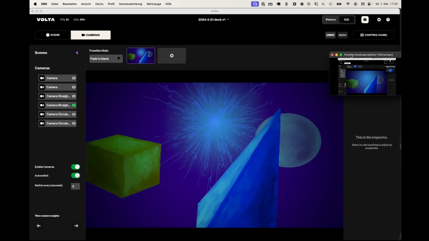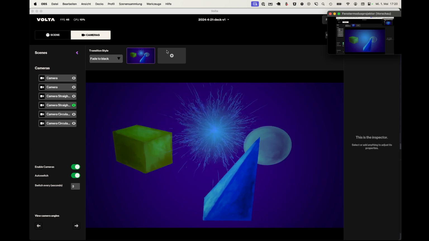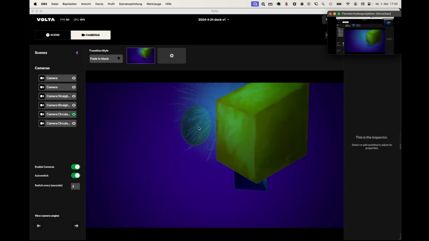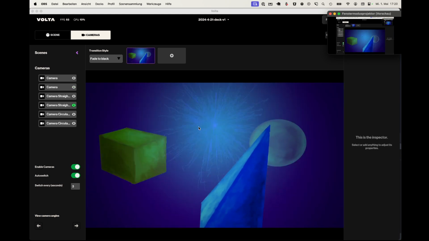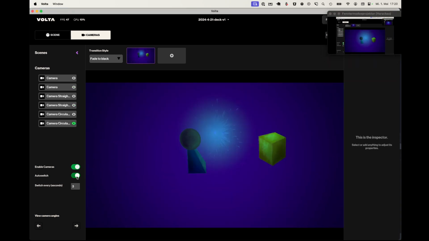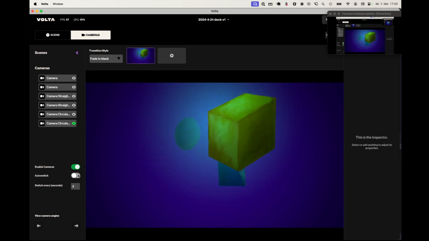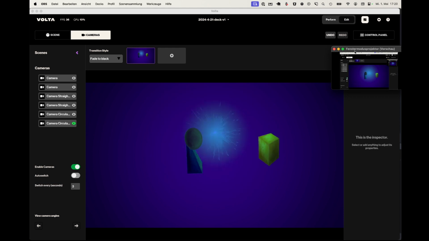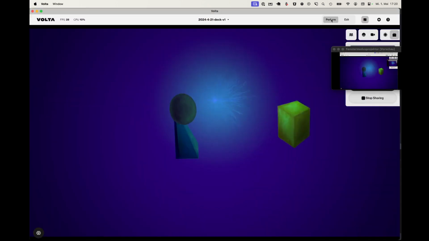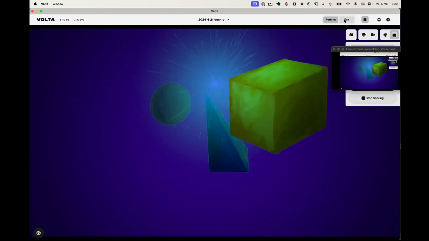This is a free software, which is amazing. It's free and it's really powerful, and I just like the way it works. You are here in the camera view, and you have two modes, the edit mode and